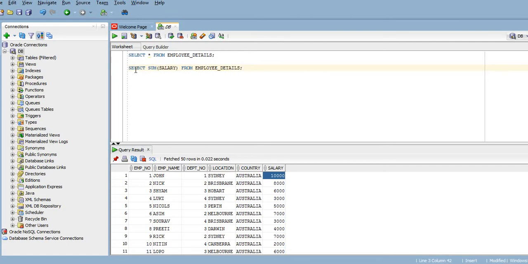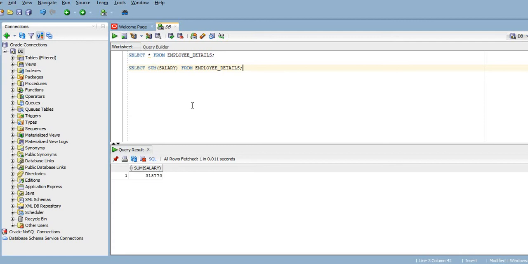Select sum of salary. After sum, within brackets we need to write the column name, salary, from the table name. The table name is employee details over here. If I run the query, it helps us calculate the total salary of all the employees who are working in this company, for whom the data is present in this employee details table.